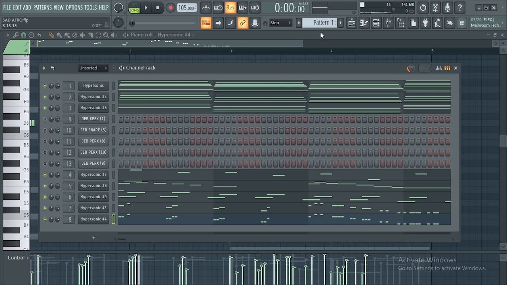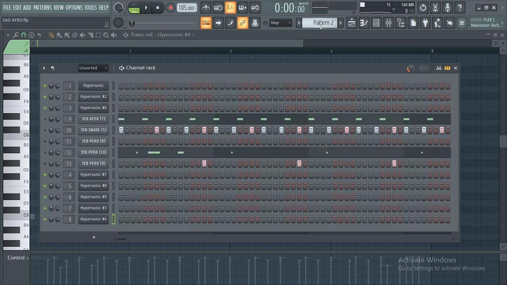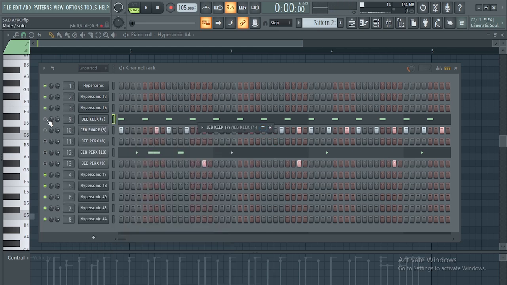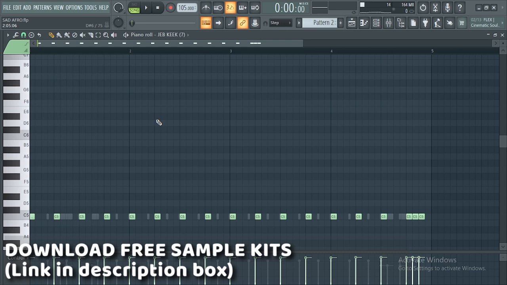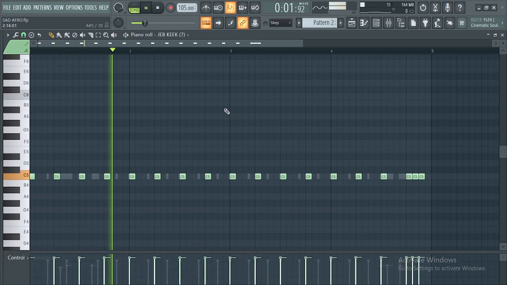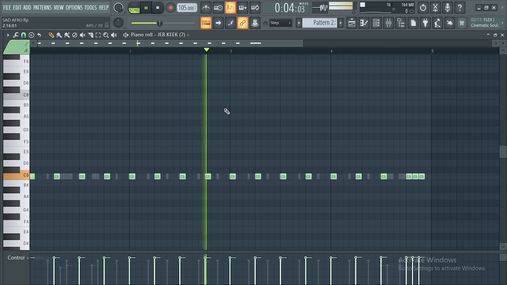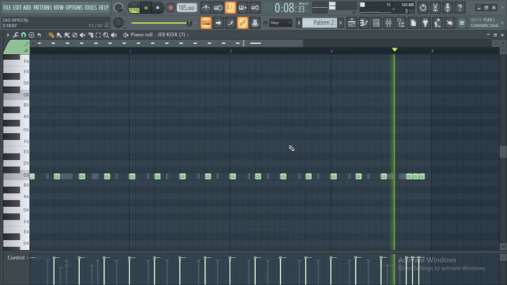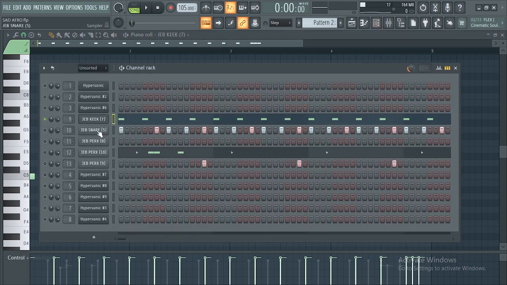So guys, right from here I just created another pattern, pattern 2, for my drums, and this was my kick. Let's solo the kick alone, normal groove. Simple like that. Then I introduce this snare,